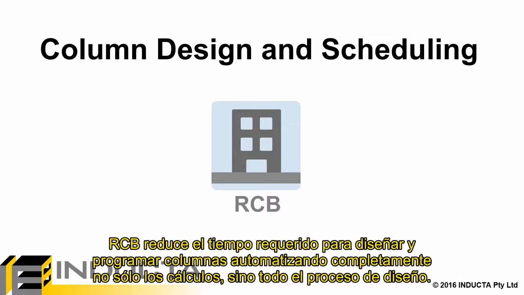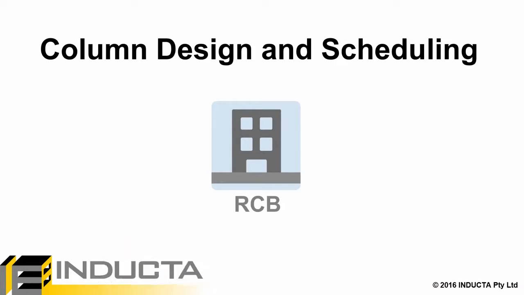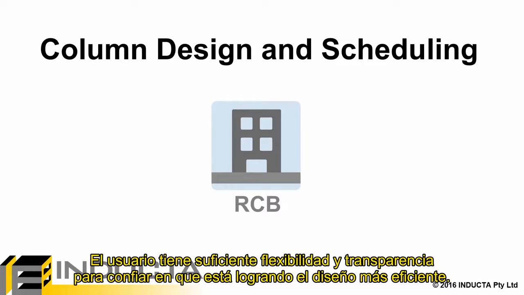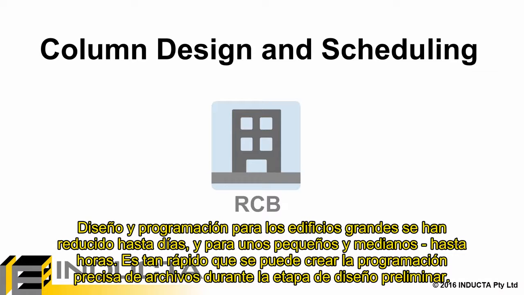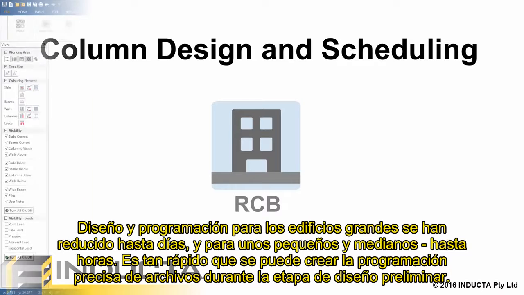RCB reduces the time required to design and schedule columns by fully automating not just the calculations, but the entire design process. The user is provided with enough flexibility and transparency to give them confidence that they are achieving the most efficient design. Design and scheduling for large buildings is reduced from weeks to days, and small and medium buildings from days to hours. It is so fast that an accurate final schedule can be created during the preliminary design